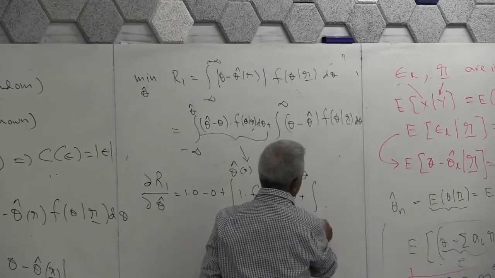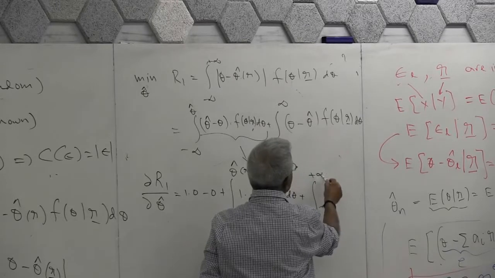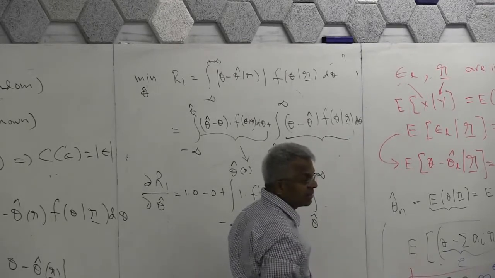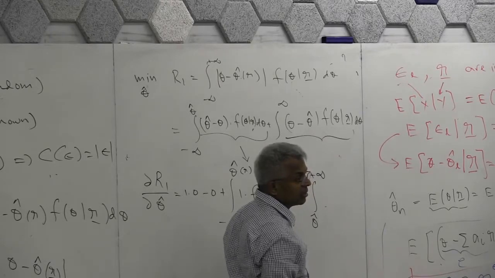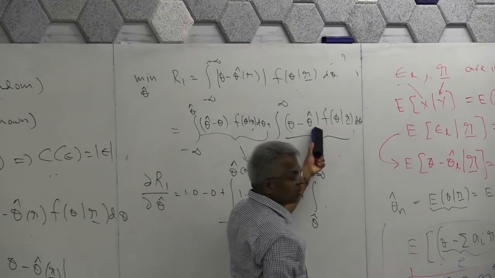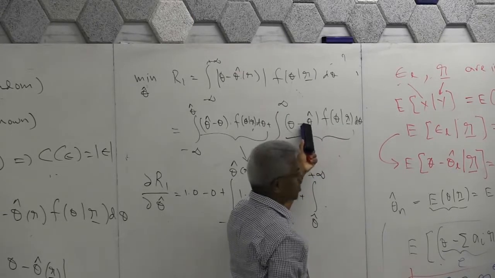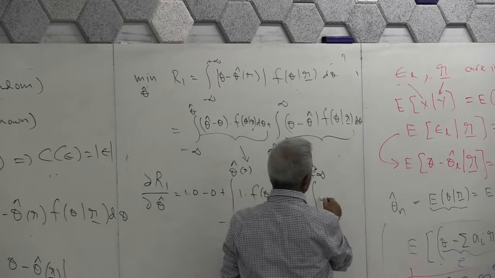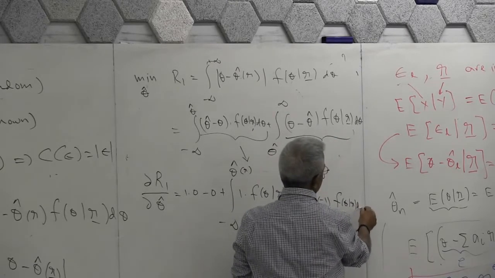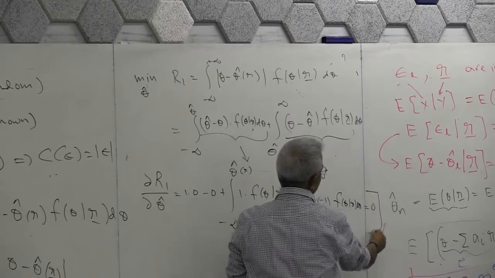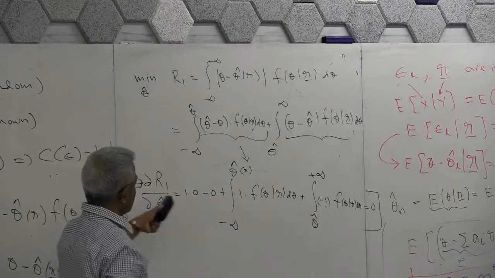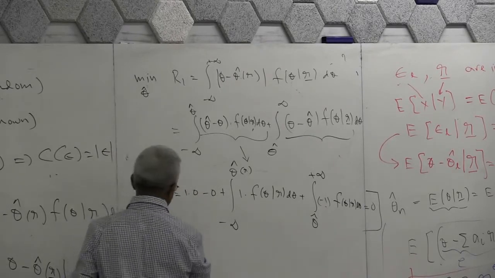So then the third term is you leave the limits as they are and take the derivative of this with respect to theta hat. What do you get? Look at there. Derivative is only here, so that's minus 1, right? With respect to theta hat, so that's minus 1. Minus 1 multiplied by whatever is there, that's a constant. This should be equal to 0 because you equate the derivative to 0. So let me clean up all this stuff. So essentially you get,